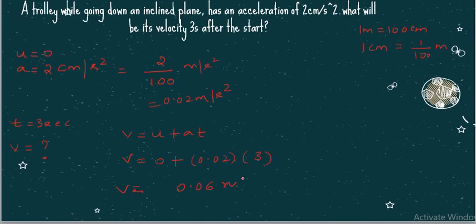0.06 meter per second. But if they had given in terms of centimeter per second, you need to convert to meter per second, because all the units you are taking should be consistent. So if you are expressing in terms of centimeter per second square, you need to express that in terms of centimeter also. Or else if you are expressing in terms of